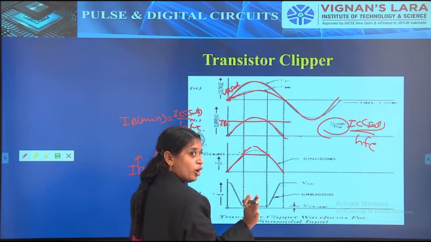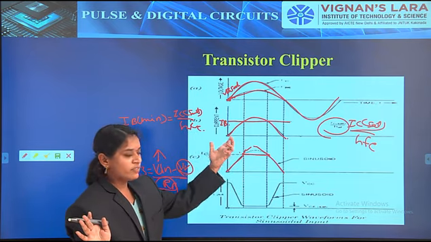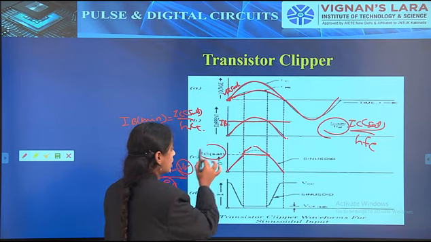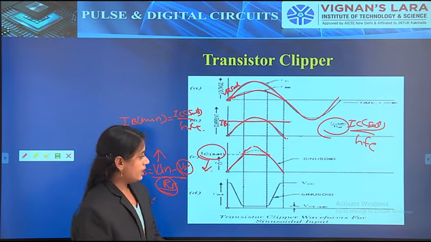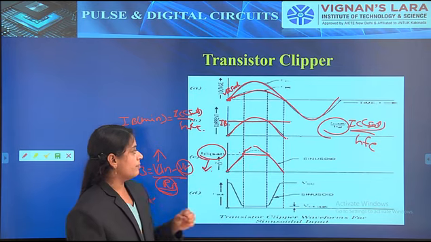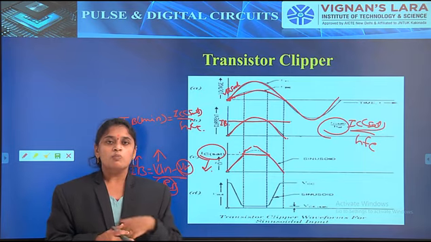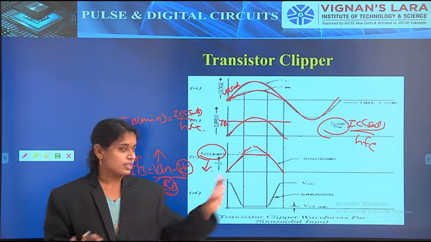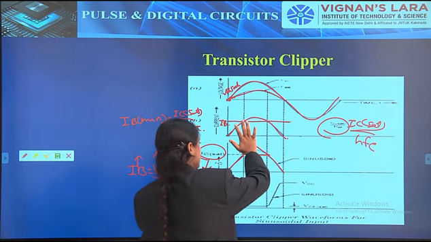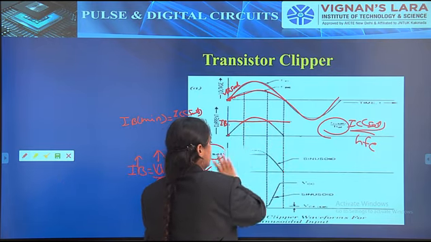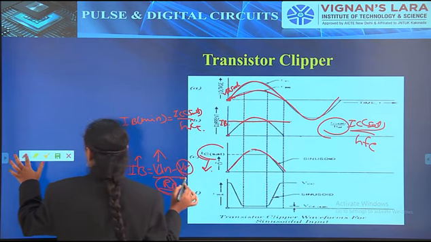Simply, it performs as a positive peak clipper with a reference voltage, and this reference voltage will be IC sat. Above this IC sat, the current IC has reached its maximum; more than that it can't produce, so the signal is clipped. So I indicate the input signal with dotted lines, and the output will be like this.